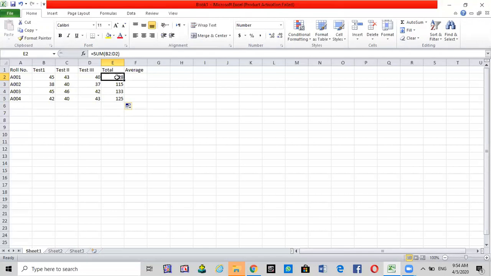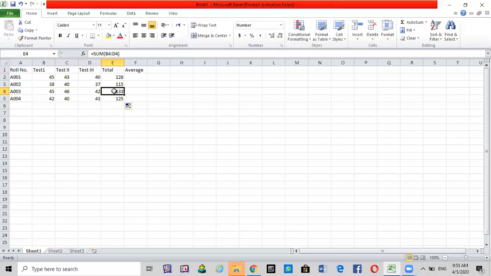Now just to clarify, when you click on the total for student A001, observe in the formula bar the cell range is from B2 to D2. And when you click on the total for student A002, you see that it has changed automatically to B3 to D3.